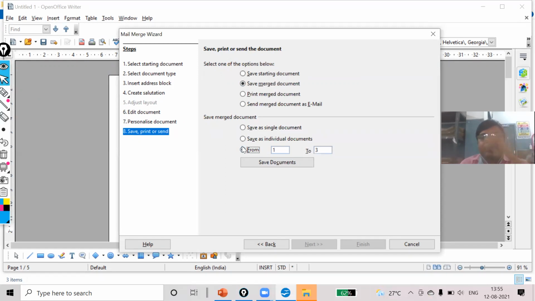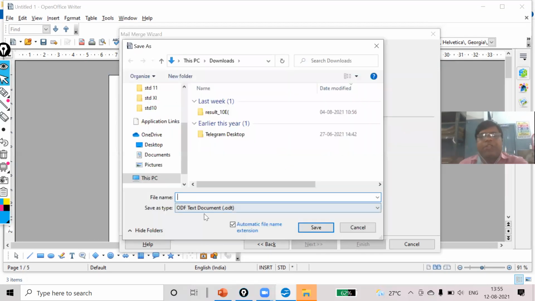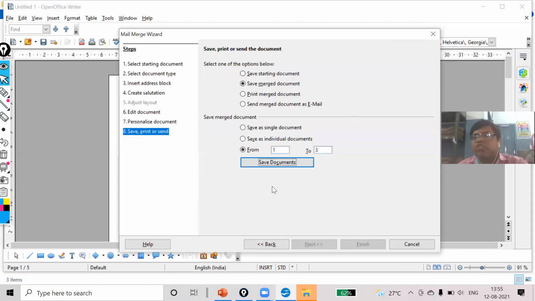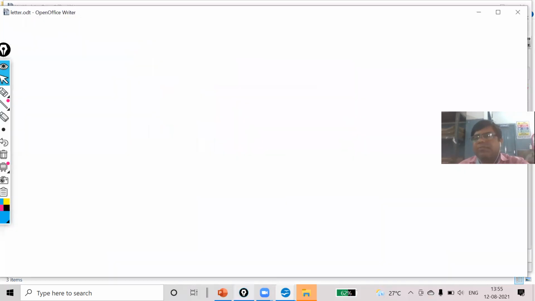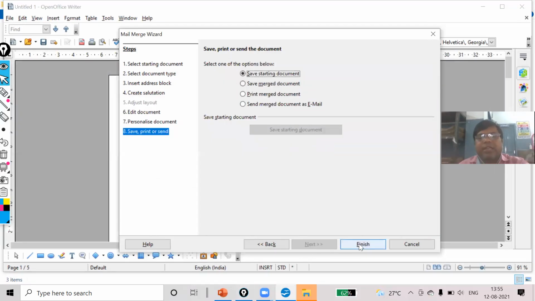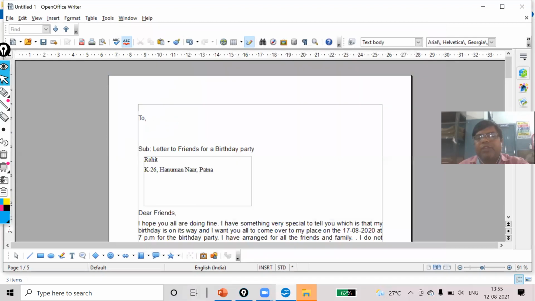All the addresses, the first one, second one, third one, that I have linked with the main document, I want to store in my merged document. So click on Save Document. Now it is asking for a name that you can give it, but I don't want that, I should overwrite it. Then click on Save Starting Document, and then finally click on Finish.